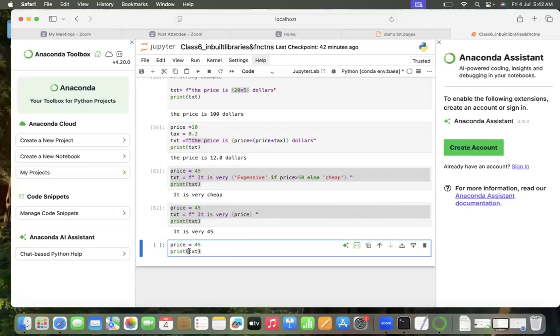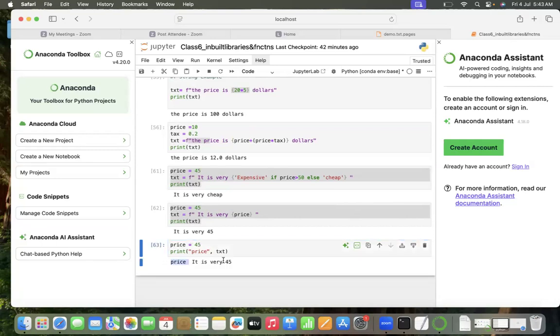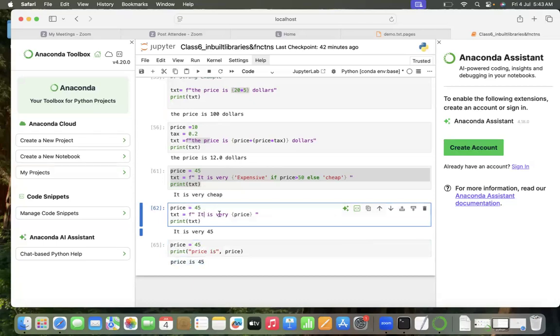So here, print. How did we used to write price? We used to define it like this, right? Price is a variable I am taking. We used to write it like this, right? Prices for it. But now,